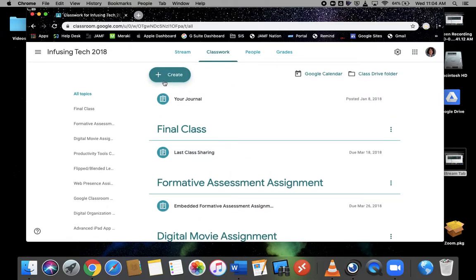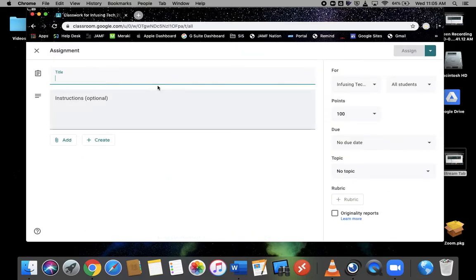So if I'm going to add something, let's say I'm going to add an assignment. I create a title. I can type in instructions. And then here's where I can add anything that I want to. So if I had a document, I could bring it into Google Drive, and I'll talk you through that in a few minutes. So you can link anything that you have in your Google Drive, any link from the internet,